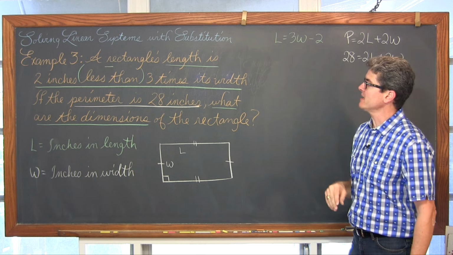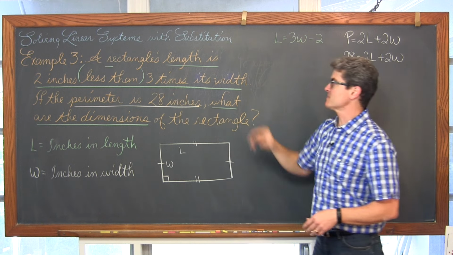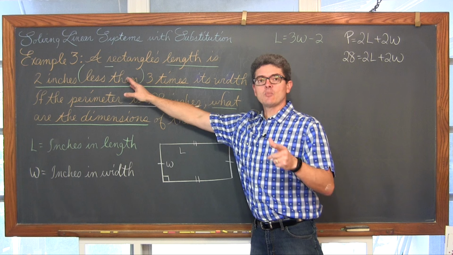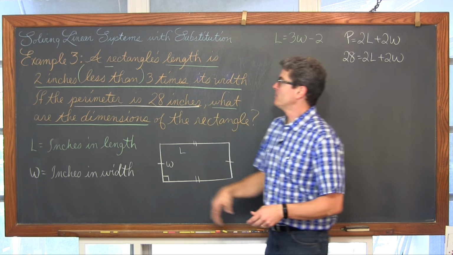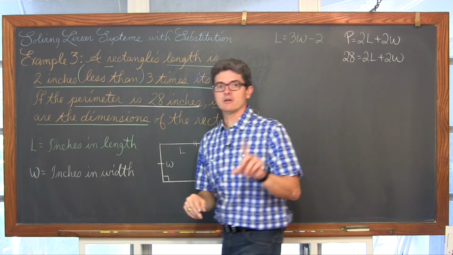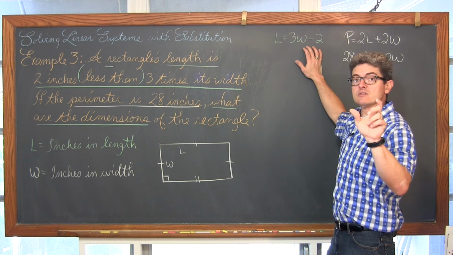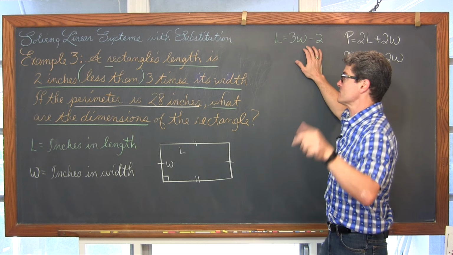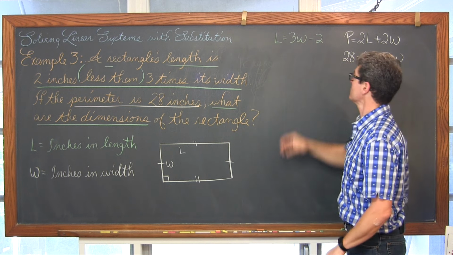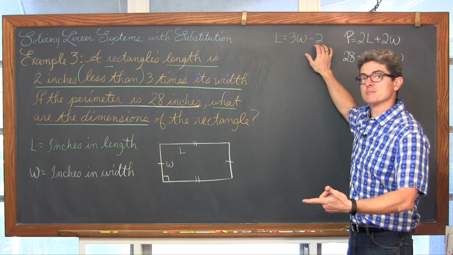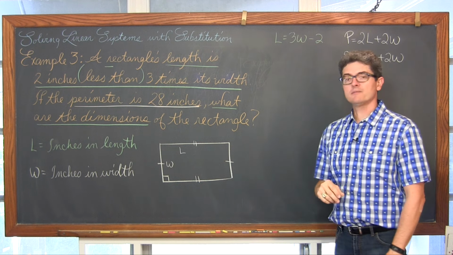A rectangle's length is 2 inches less than 3 times the width. Well, less than and more than, we understand that if things are becoming lesser, they're getting smaller. But when you have less than and more than in your sentence, as you write the expression out of that sentence, you need to make sure that you change the order. So even though 2 shows up in the word sentence first, in the algebraic expression, it needs to come second. So there's 2 less than 3 times the width.